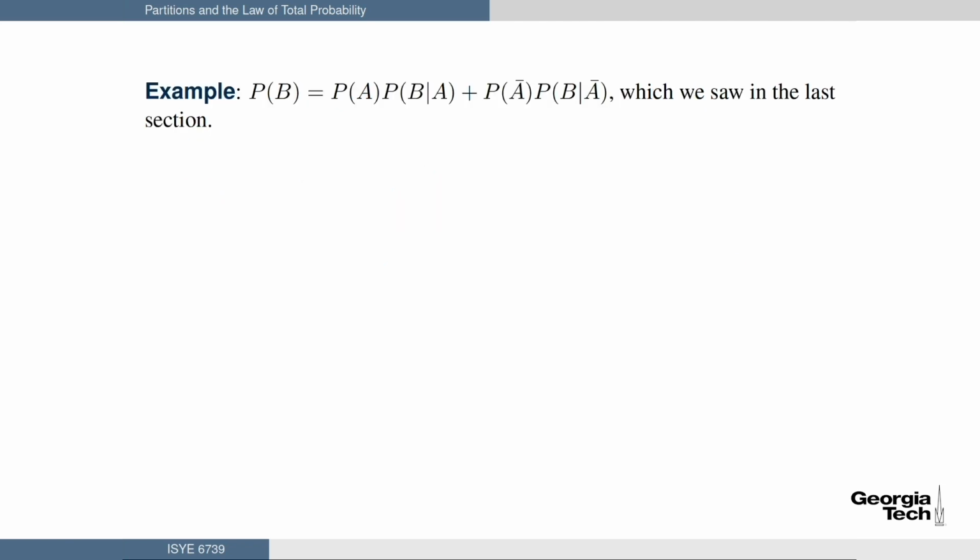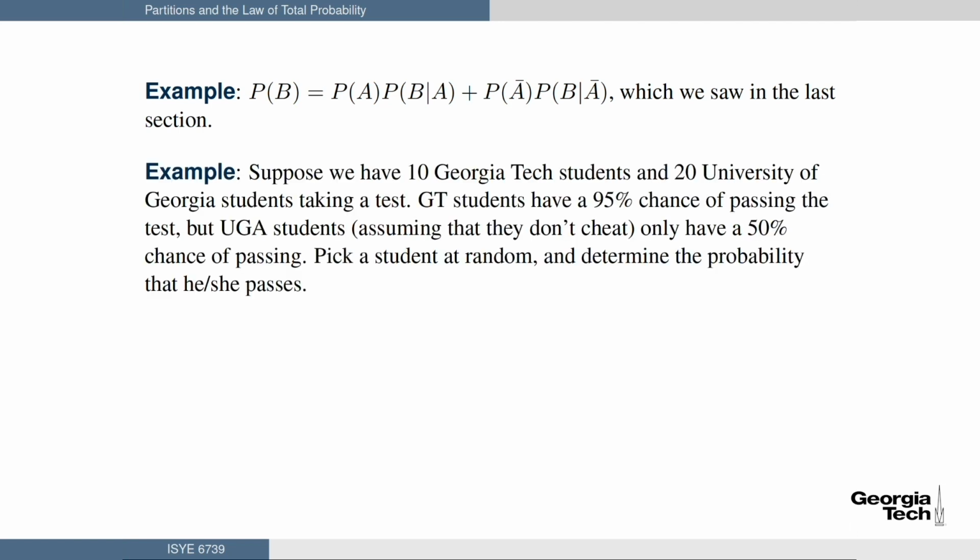Here's an example. This is involving that easy little partition A and A bar. We actually looked at that in the last section. So since A and A bar are a partition, then the probability of B equals the probability of A times the probability of B given A plus the probability of A bar times the probability of B given A bar. Very easy. In particular, suppose that we have 10 Georgia Tech students and 20 UGA students, and they're taking a